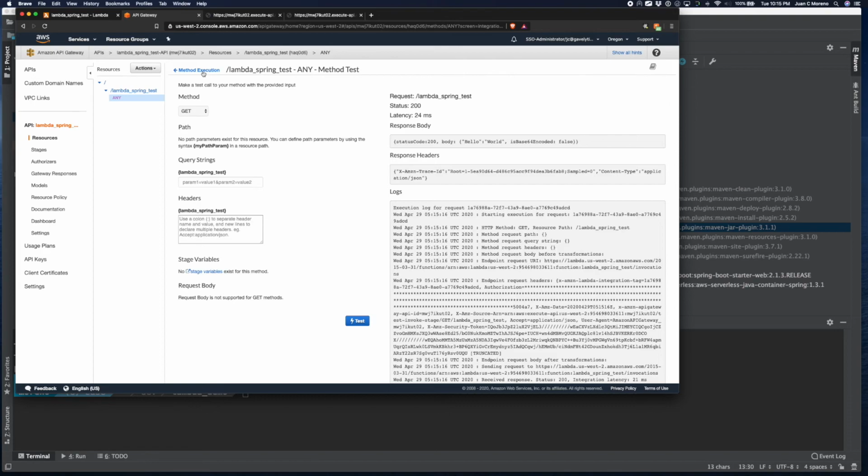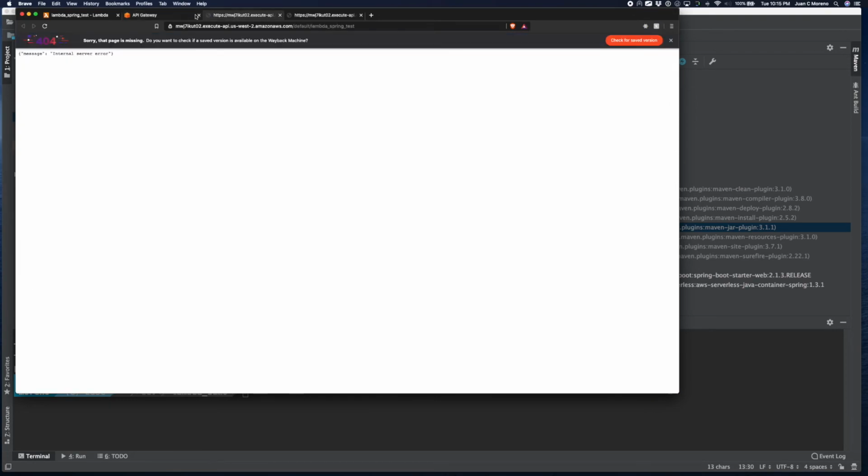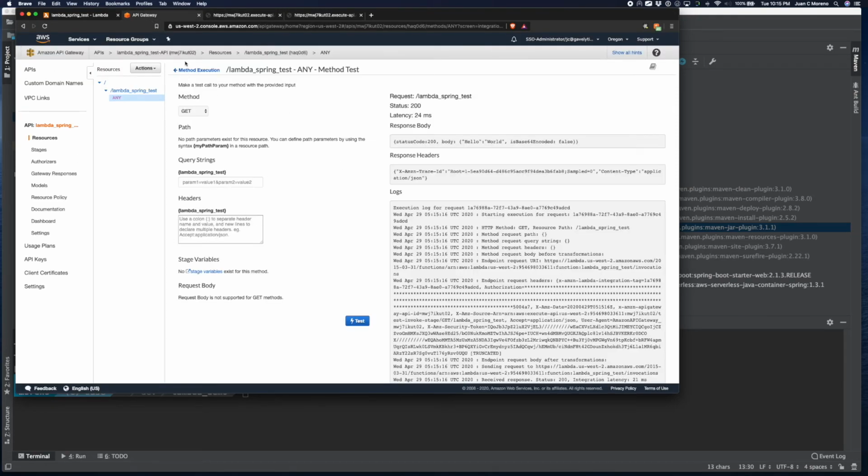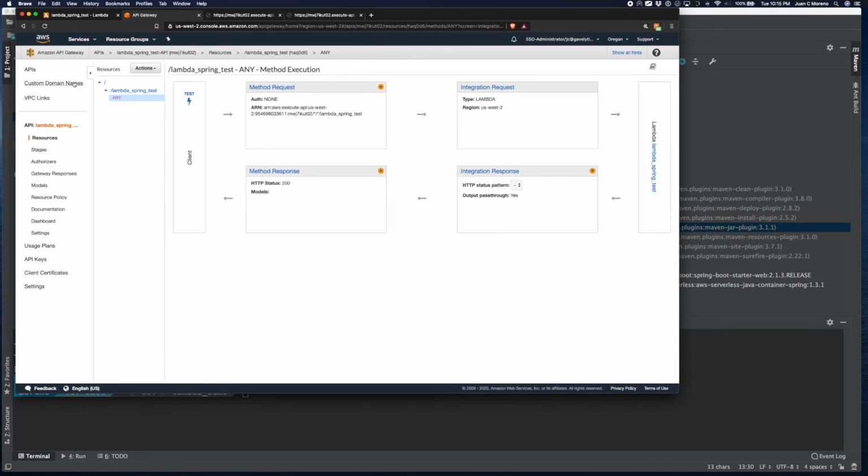The number one mistake that somebody would make is that they go back and refresh this page, thinking that it's working because now it's working in here. The thing is, we now need to publish that version of the API. So we go to stages, and then we hit create. Let's call it dev, and we say what the deployment is going to be. So now we're creating a deployment of that URL. Stage name, let's call it dev again, and stage description, dev test, and we're going to create our